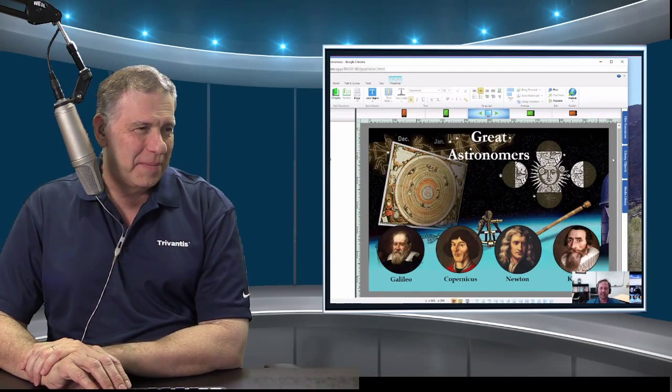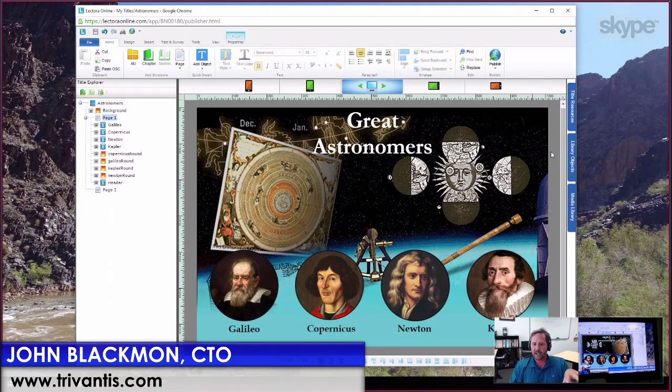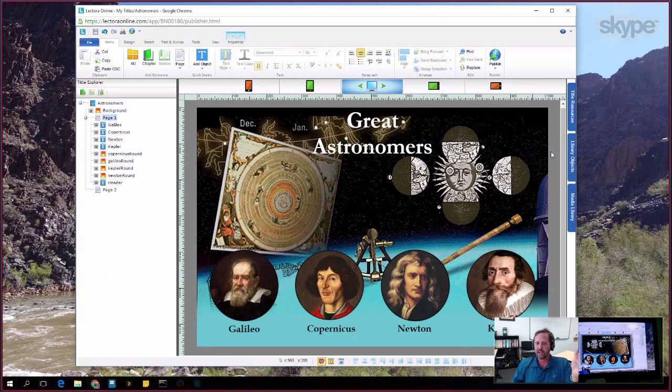All right. Actually, one of the things I could talk about is some of the best practices as far as responsive design. So there's a few features that have been in Lectora for a long time that may or may not be in use in your titles, and these are things like